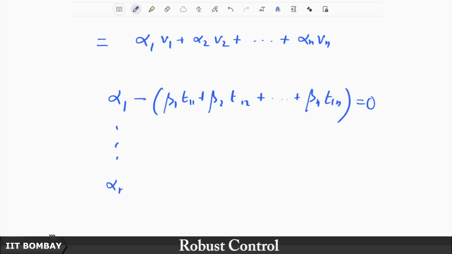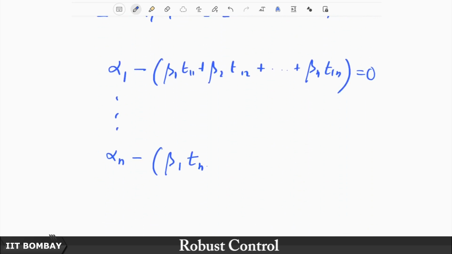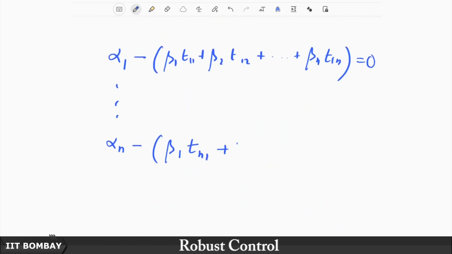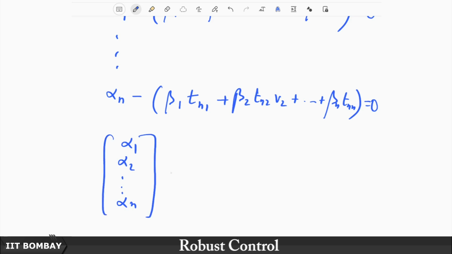Likewise, I can have alpha n minus beta 1 Tn1 V1, I believe, plus beta 2 Tn2 V2, plus dot dot dot till beta n Tnn, is equal to 0, which means what? Which essentially then means that I can write this alpha 1, alpha 2 in a succinct manner as equal to,